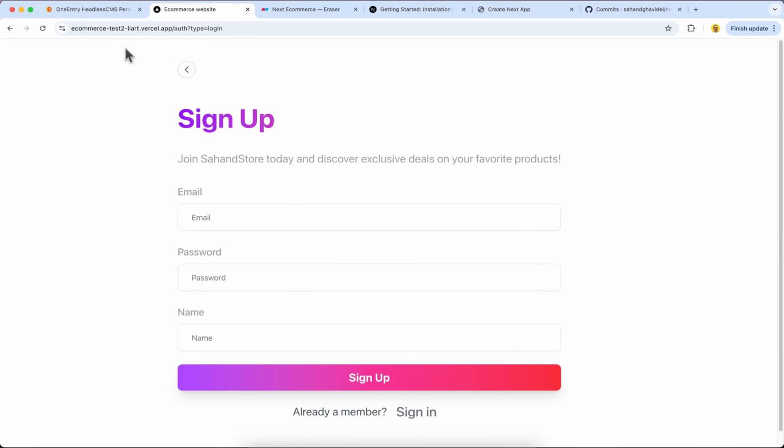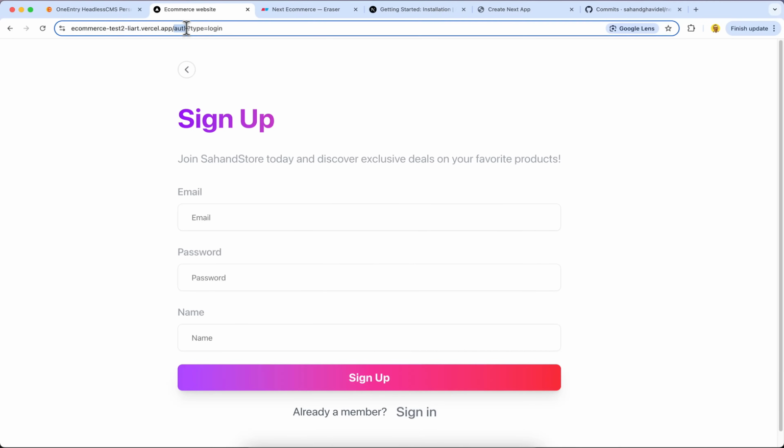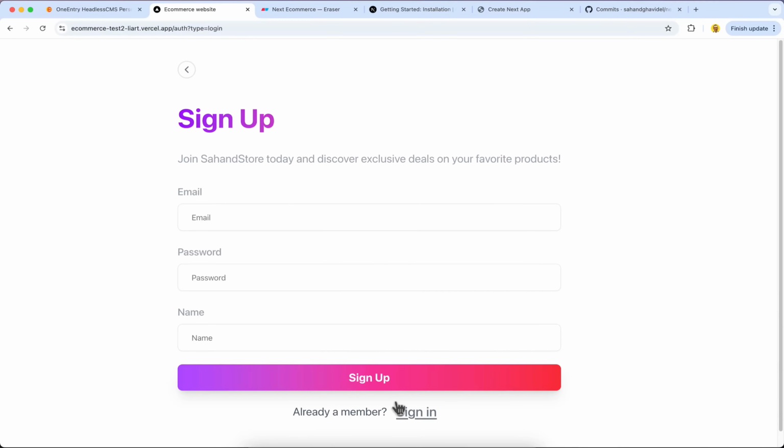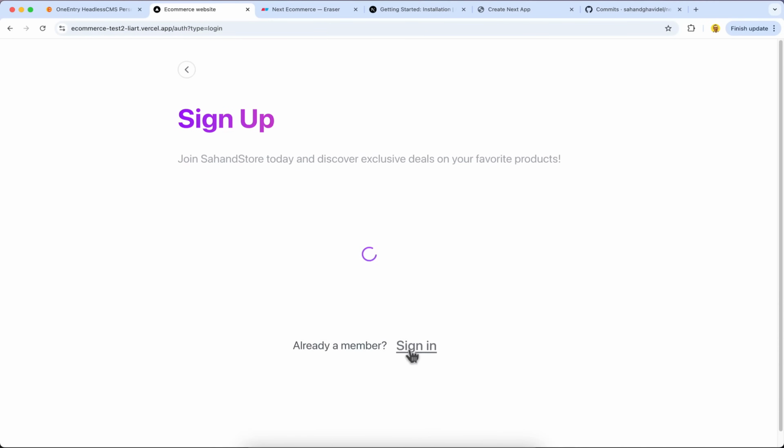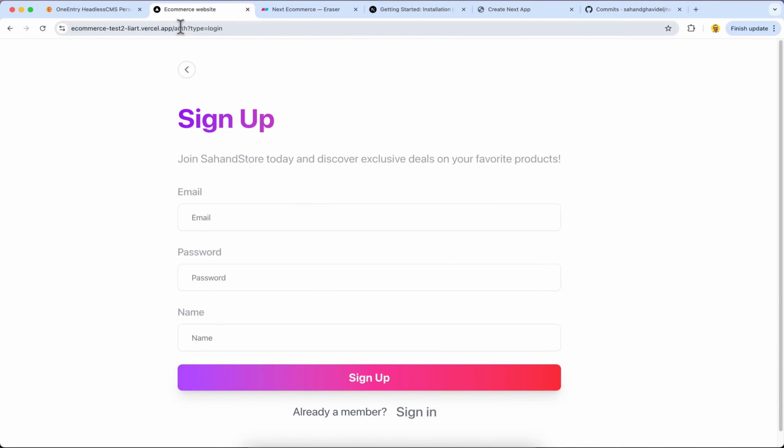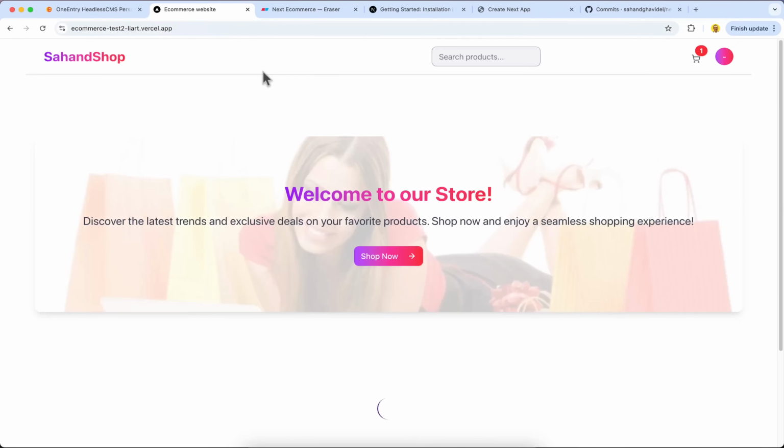As you can see, the page is just /auth and type is just login. And when you switch between signing and sign up, you don't see any difference in the page URL. So